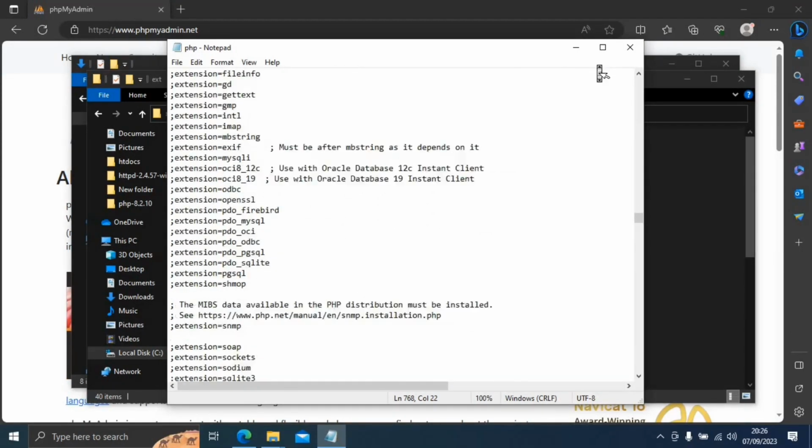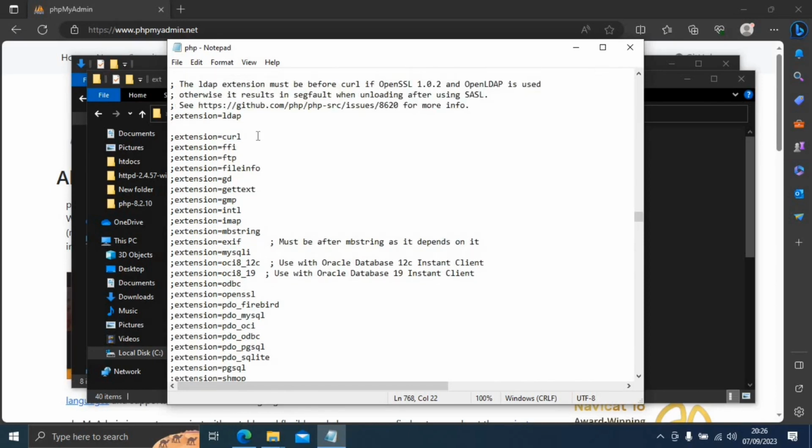After pasting the path, we have to enable some of the extensions that we need. For that, I'm uncommenting curl, mbstring, MySQL, OpenSSL,